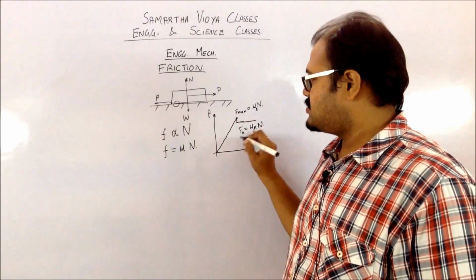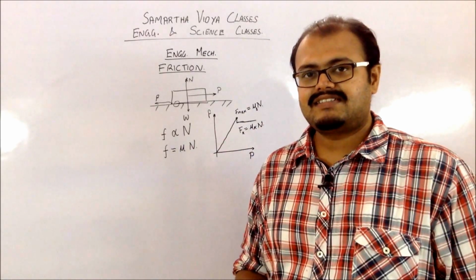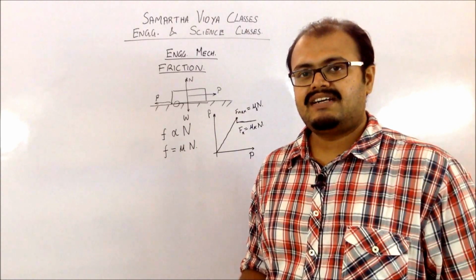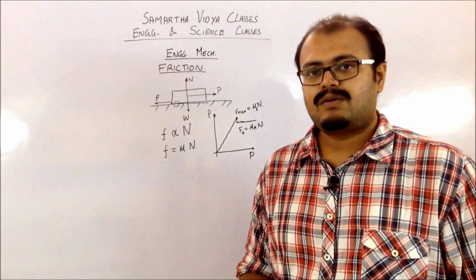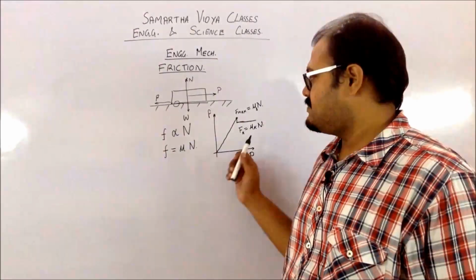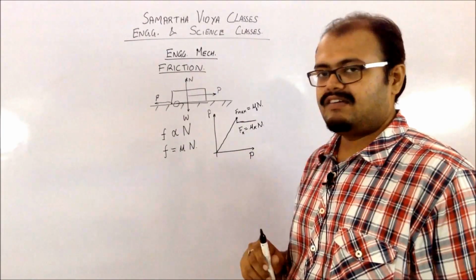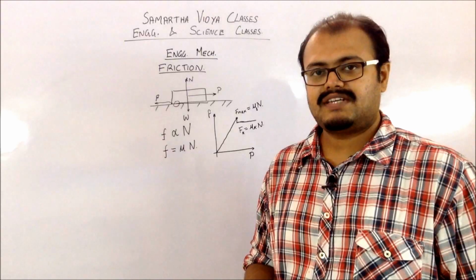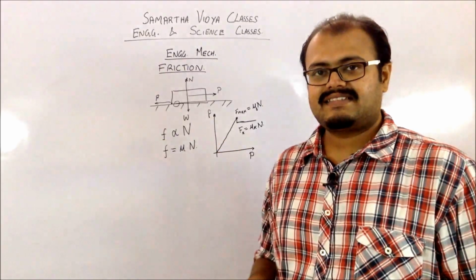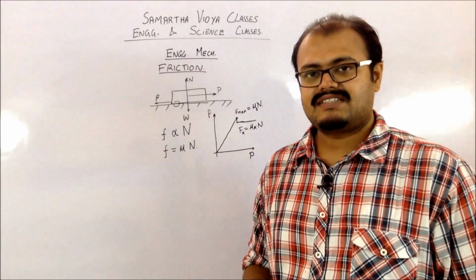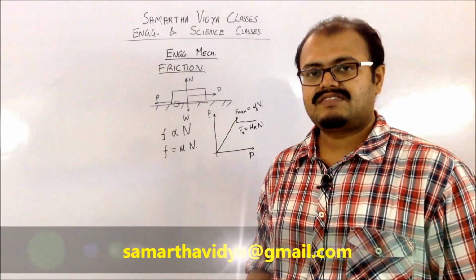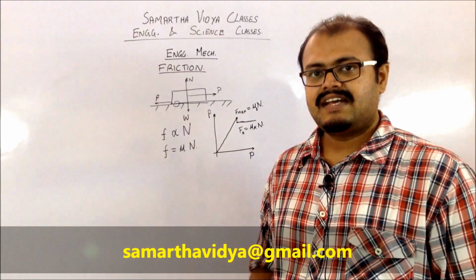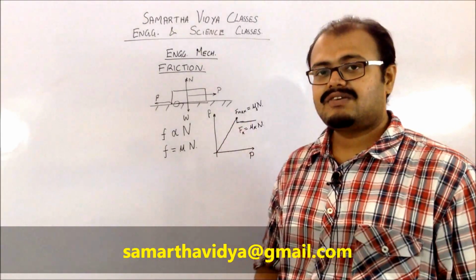n. So you can see that after a certain point, there is going to be a drop in the maximum friction which is going to be generated between two surfaces, and it will be constant at this particular value, that is mu k into n, where n remains the same, that is the normal reaction which is being generated by the surface, where mu k is nothing but the coefficient of kinetic friction and mu s is the coefficient of